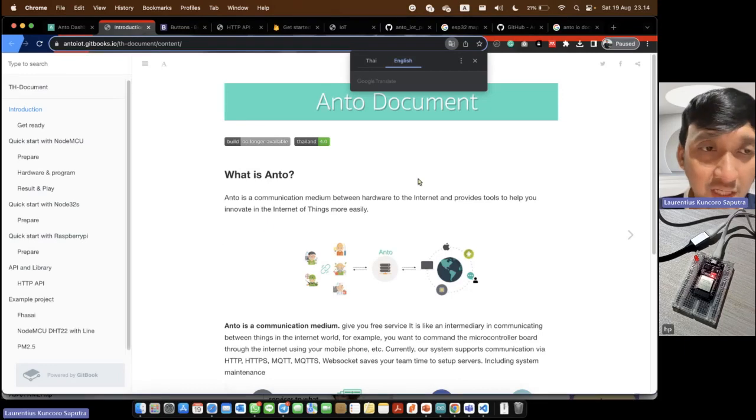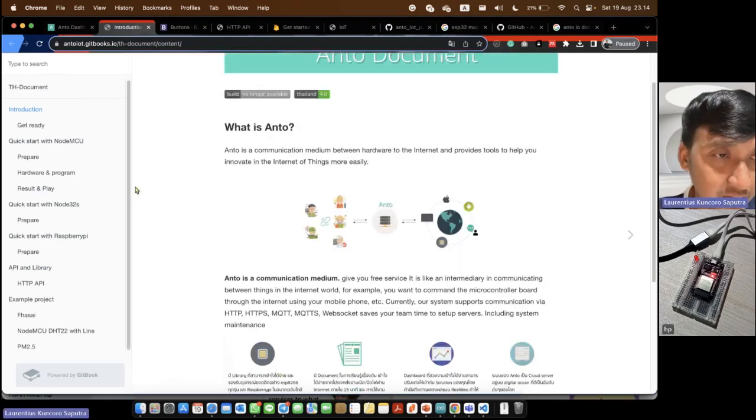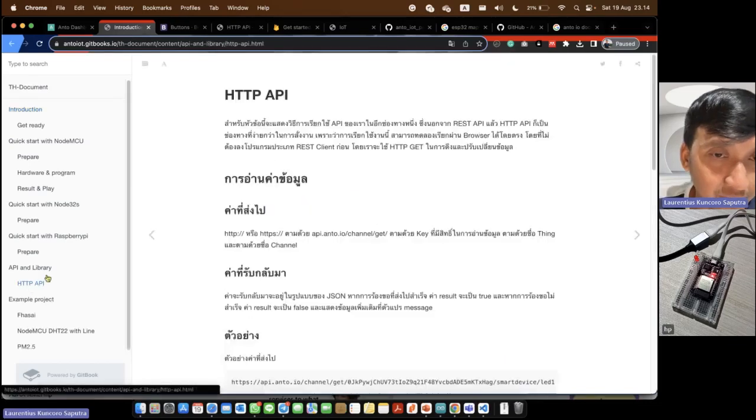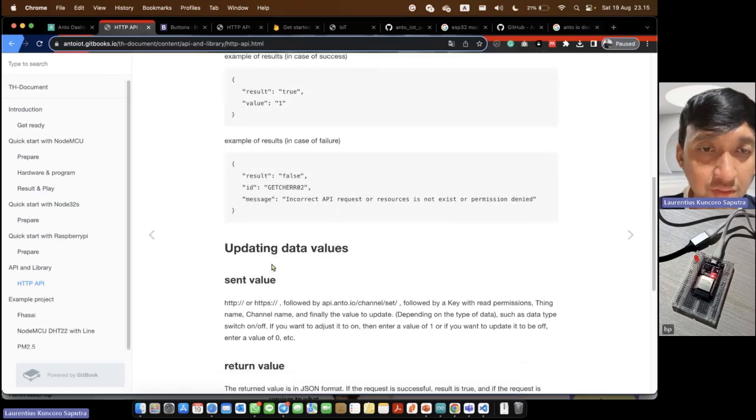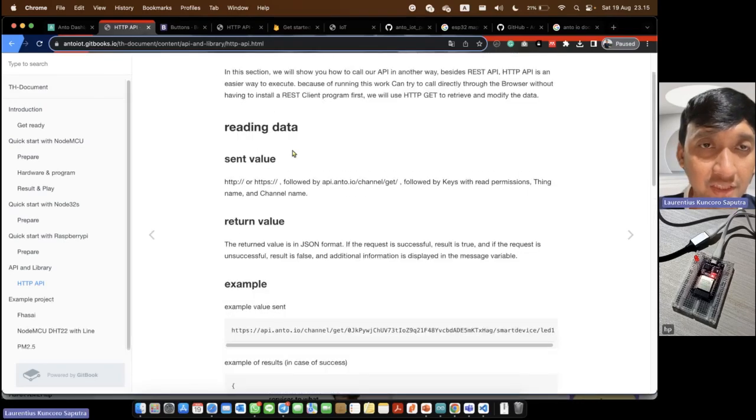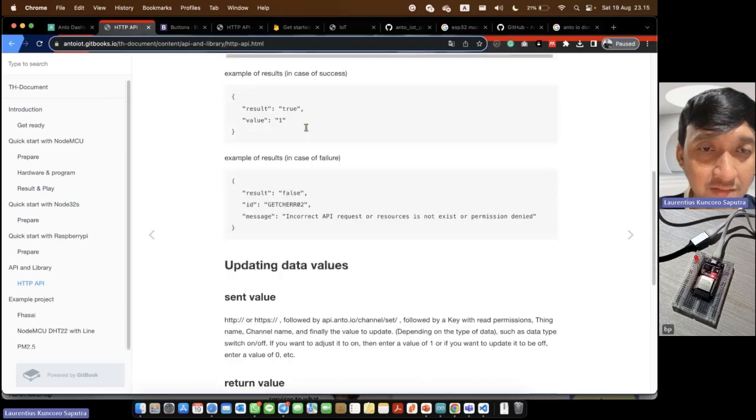And for the HTTP API, we should check here, and then we can see how to read data and how to send data. Okay, this is reading the data and updating the data to the Anto.